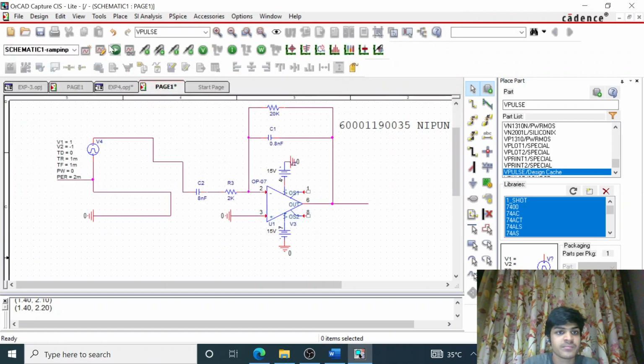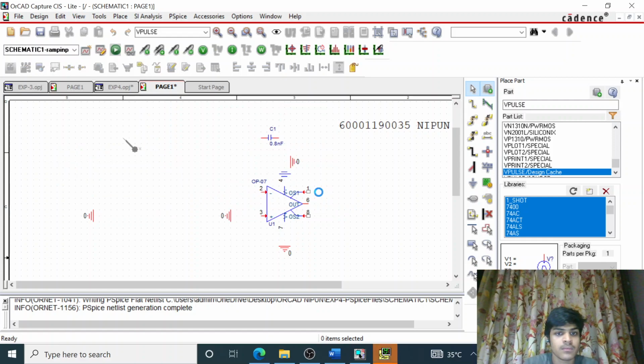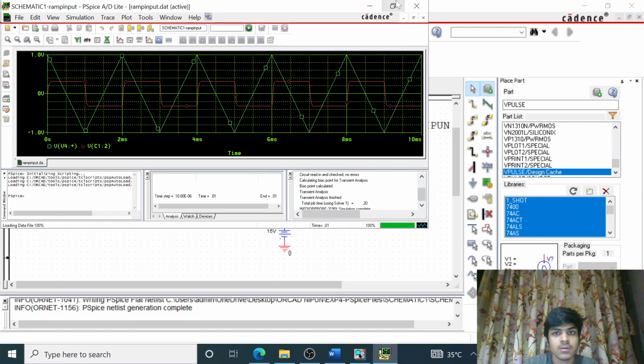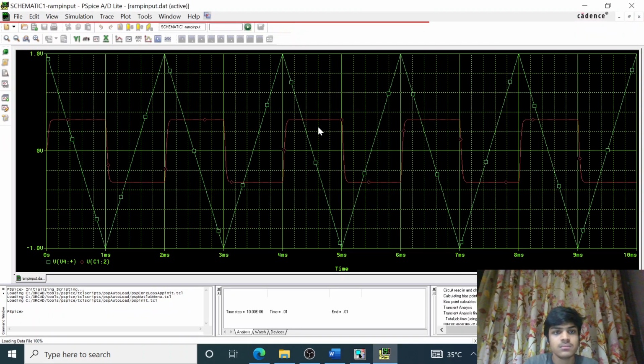Okay, run the simulation, connect the probes. As you can see, for a ramp input, the triangular wave input, the output is of the form square wave, that is the differentiated output of the input.